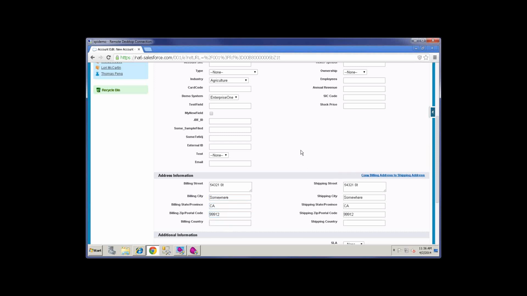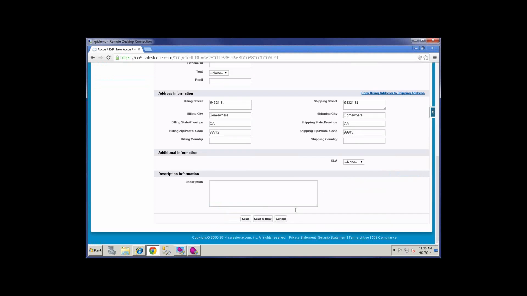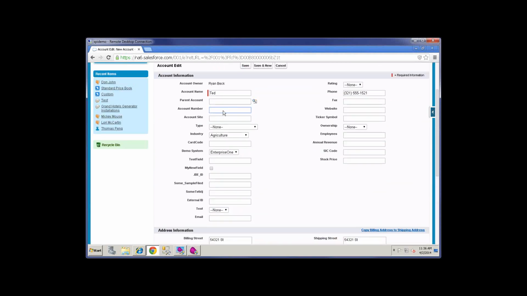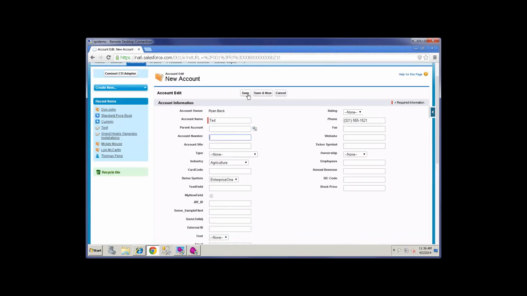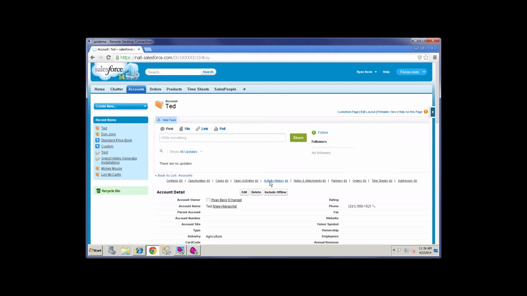And just copy it to both sides. Okay, after I save this, you're going to notice, by the way, that the account number is blank. We're actually going to let that get assigned by JD Edwards. So after I've saved this,